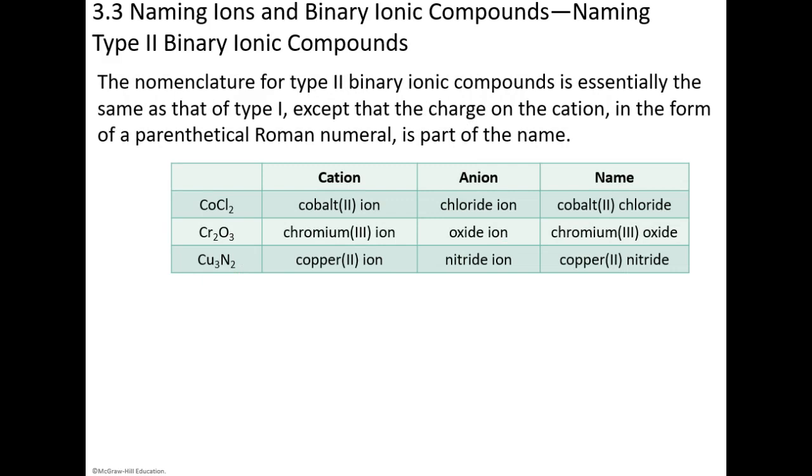Okay? Now, the transition metals. These are the type 2s. Naming the type 2s is a little different because there's more than one charge. Let's take iron, for example. There's an iron 2 plus and there's an iron 3 plus. We need to tell the reader, and if we combine them with oxygen,